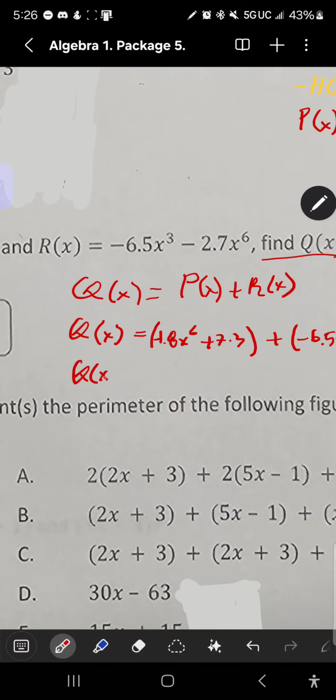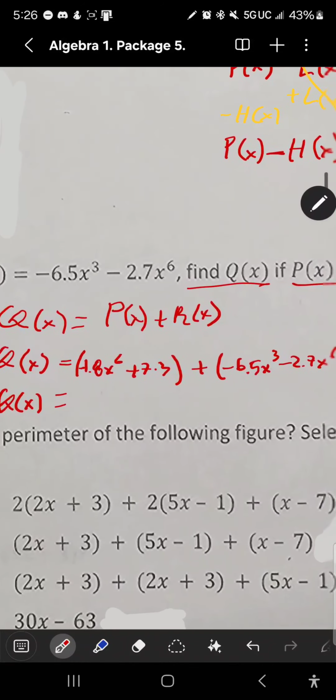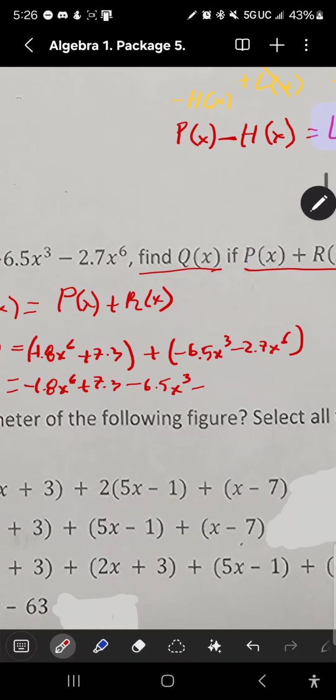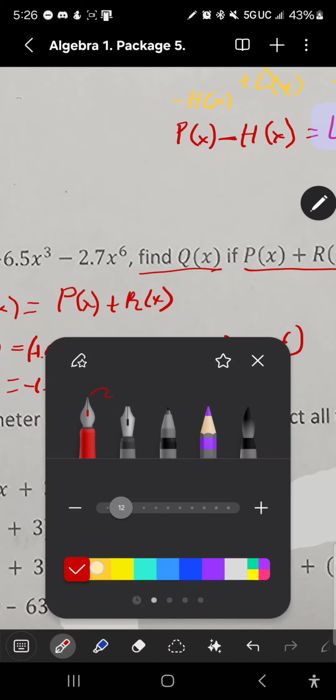So this is going to be Q next, or Q is equal negative 1.8 x to 6 plus 7.3 minus, because this is negative, so minus 6.5 x to 3 minus 2.7 x to 6. We skip the sign. Now let's see for